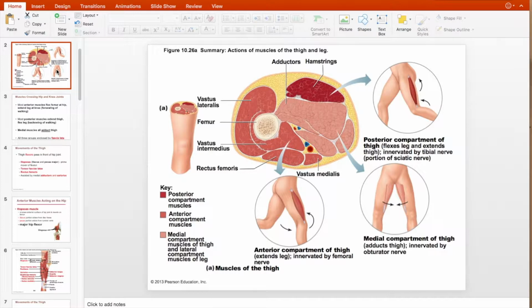Okay, this video is going to cover the muscles of the lower extremity. We'll be identifying the muscles as well as talking about their functions. When we look at the muscles of the lower extremity, the leg, we're going to look at first the muscles that work the hip joint, followed by the knee joint, and then the ankle joint, and some of the muscles